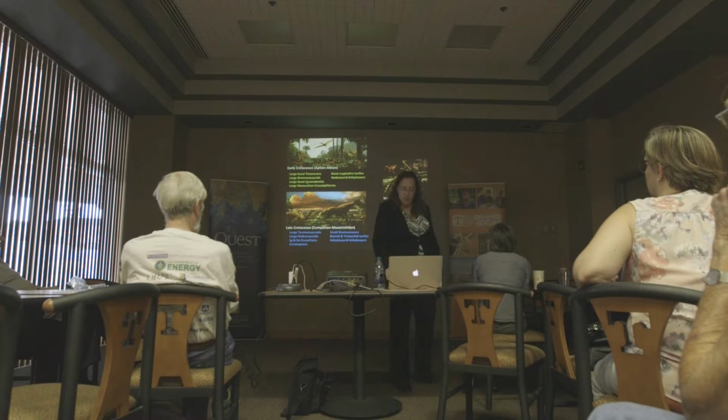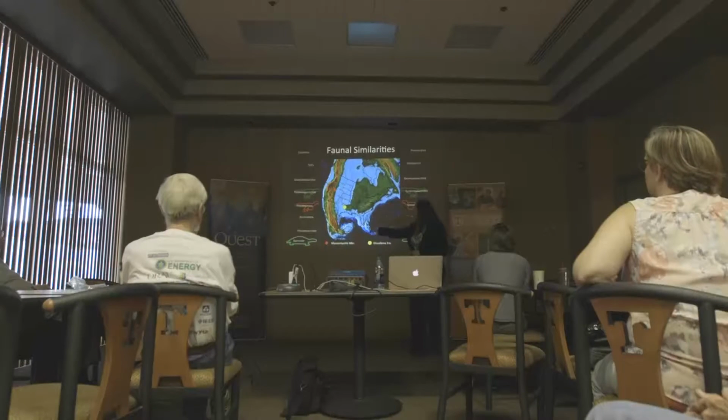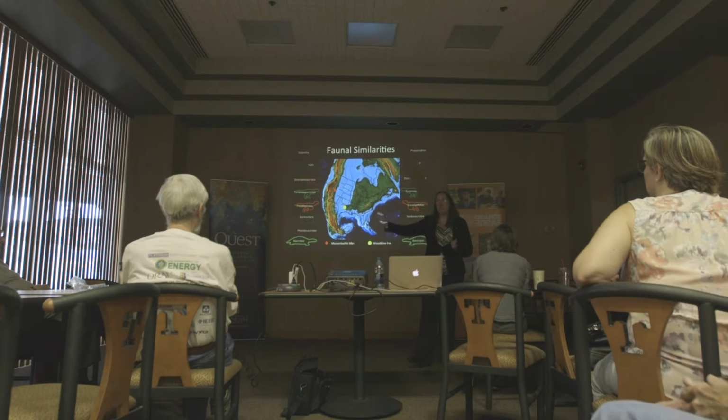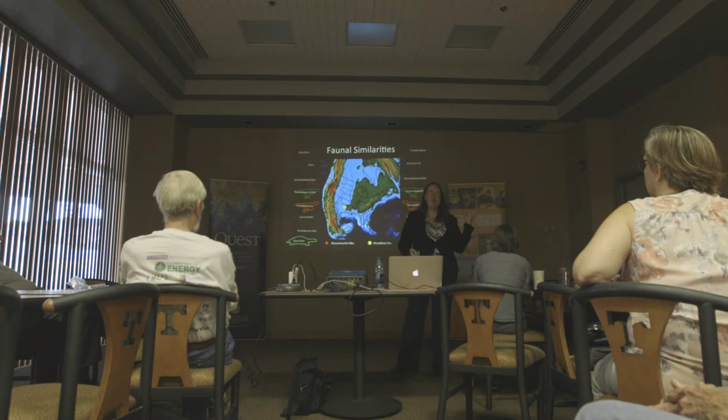We actually do have one site from this east-west problem, this Appalachia versus Laramidia. So again, as a reminder, yellow is us, that's our Appalachian continent. Muscontucket number in Utah it's a little bit older, so it bridges that well-sampled Albian, but then goes into the poorly sampled Cenomanian. What's interesting is there are a lot of similarities here. So you have the same big groups. So you might have, say, a type of Phallidosaur crocodiliform on both Laramidia and on Appalachia, but the species are